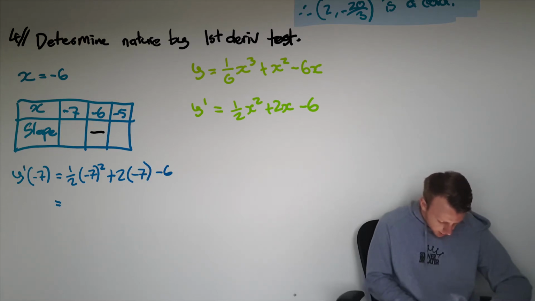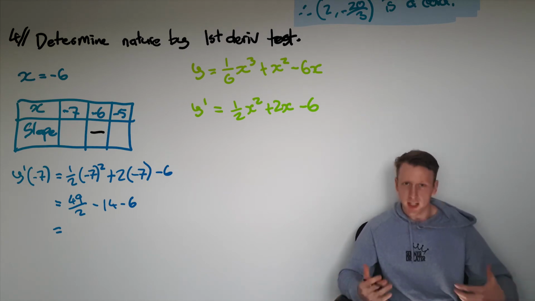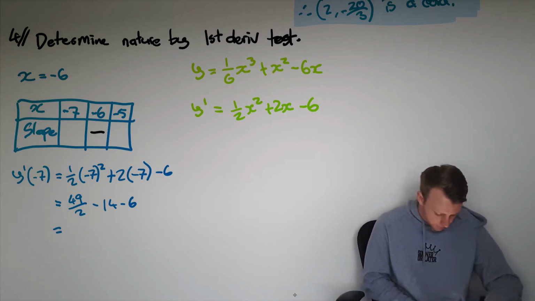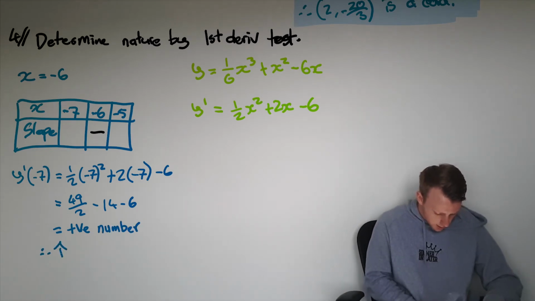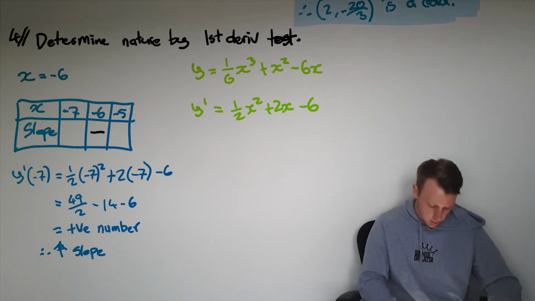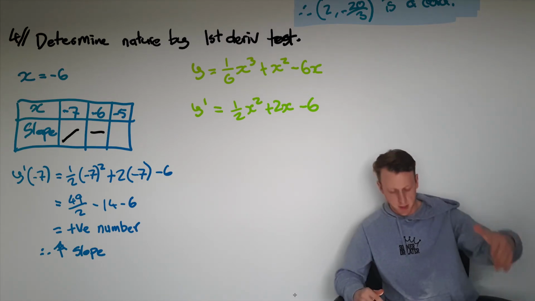Clean this up, that's going to be 49 over 2 minus 14 minus 6. 49 on 2, that's 24 and a half. Subtract 20, that's going to be a positive number. That's all I care about. It's going to be positive. I don't care what the value is, because this implies that my slope is increasing. I've got an increasing slope if that's a positive number, and I can denote that with an increasing line on